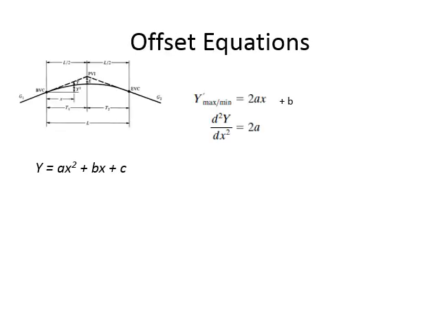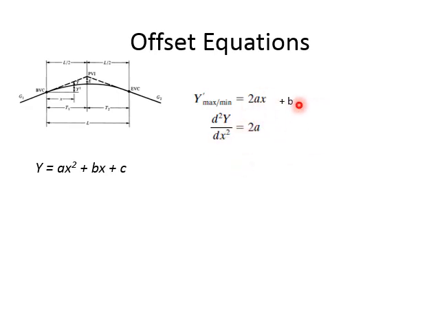Now if you take the slope at any point of the curve, then it will be a derivative of this equation. If you want the slope on any point of the curve, it will be a derivative of this equation. So if you take the derivative of this equation, then y dash, which is the derivative, the slope, will be equal to 2ax plus b. Okay, and then if you take the second derivative, it will be the rate of change of gradient. So the first derivative was rate of change of elevation, the slope. The second derivative will be the rate of change of gradient. So if you take the second derivative of this equation, you will be left with this 2a.